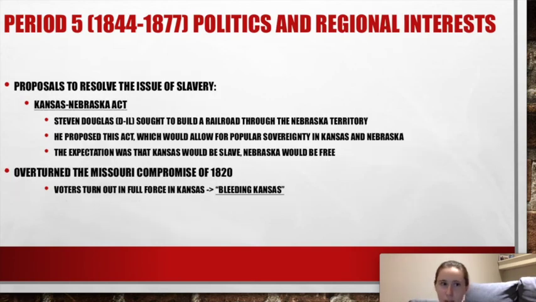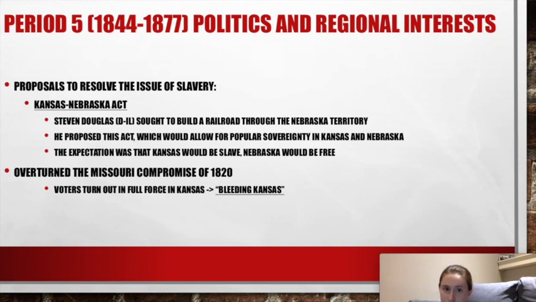Now we have the Kansas-Nebraska Act, which is another attempt to settle this. Now this act is really going to be because Stephen Douglas at this time wants to build a railroad through the Nebraska Territory. However, he needs that territory to be a state, so he tries to solve this issue for this territory to gain statehood by saying, well, we need to just allow popular sovereignty like we did out west for both Kansas and Nebraska. So what eventually is going to happen is that, number one, this overturns the Missouri Compromise of 1820